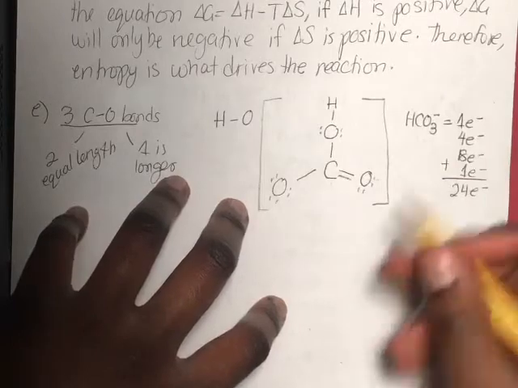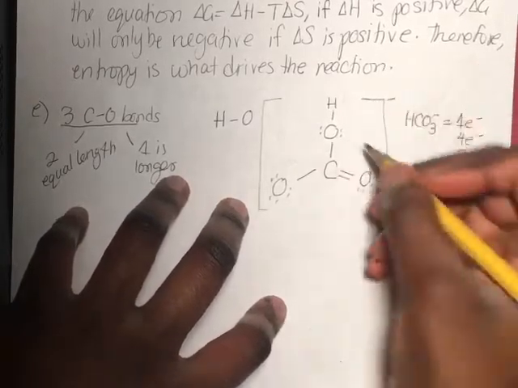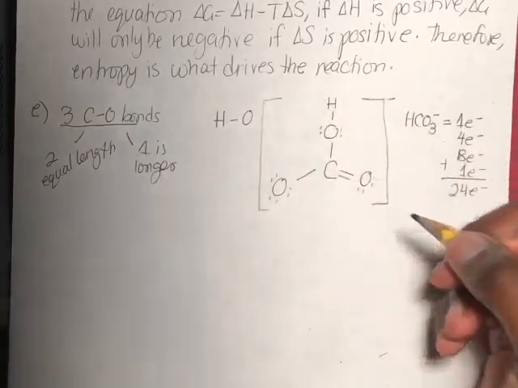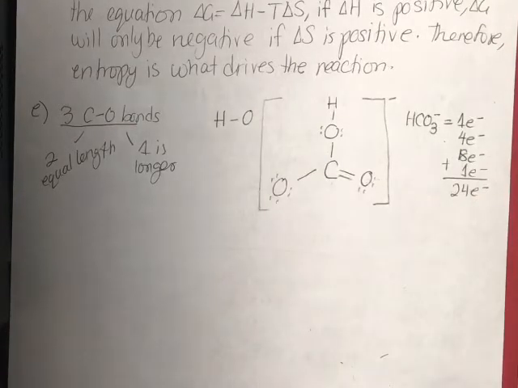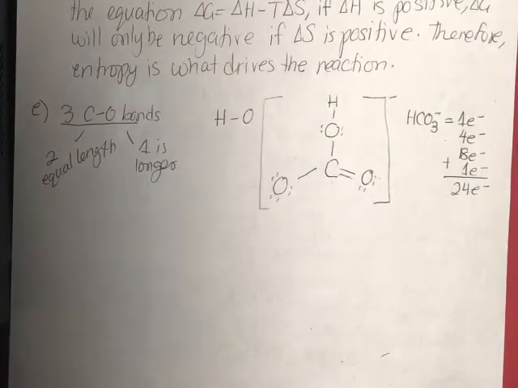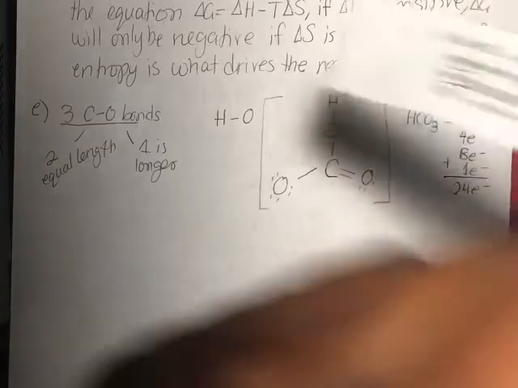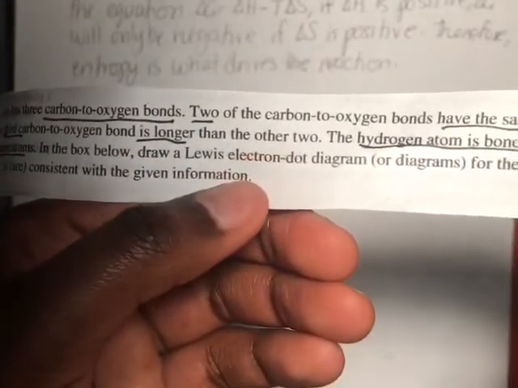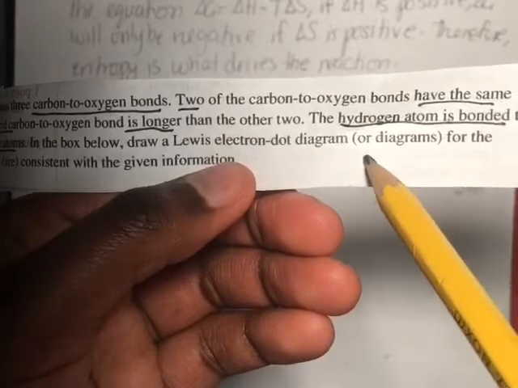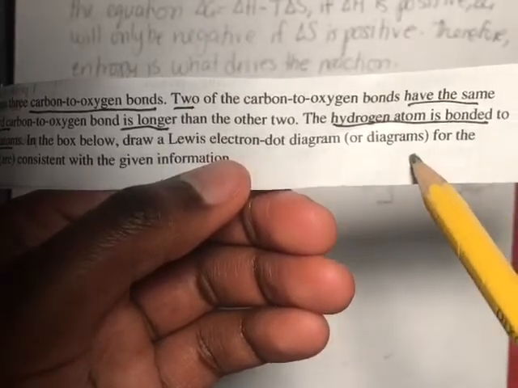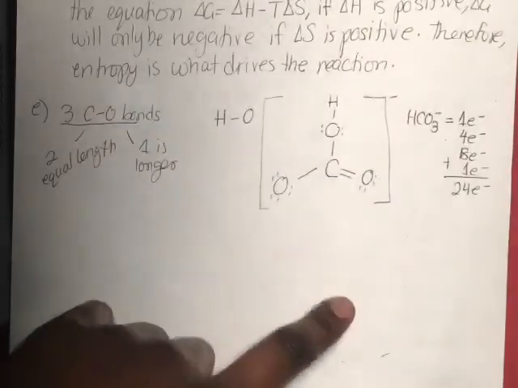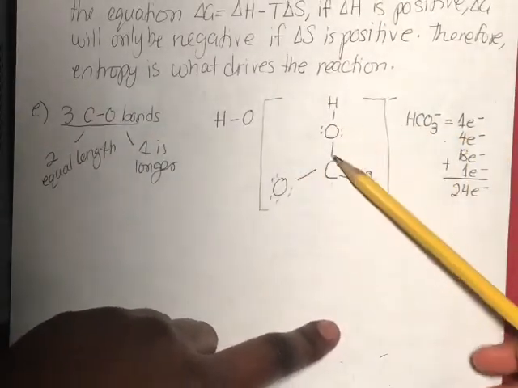But do not forget the negative sign, because this is the Lewis dot electron diagram for a polyatomic anion. So we're not done yet. In the question, they kind of give us a hint, right? Diagram or diagrams. So when we look at the diagram we have now,